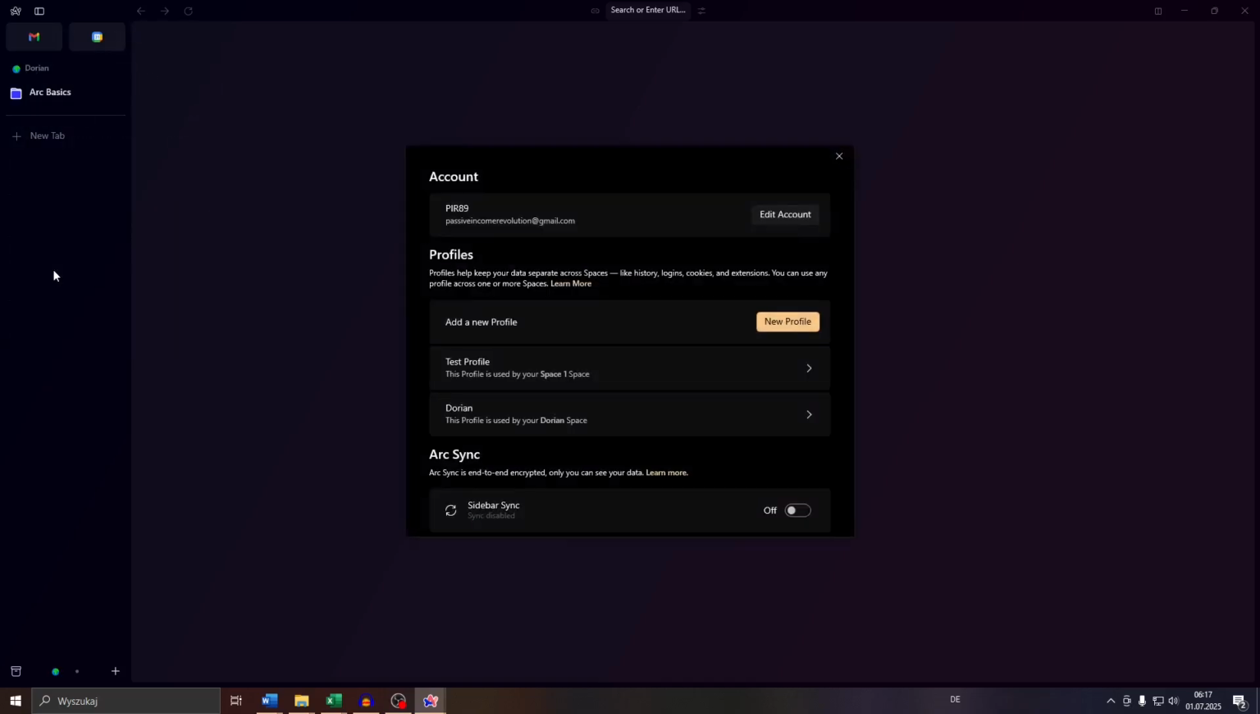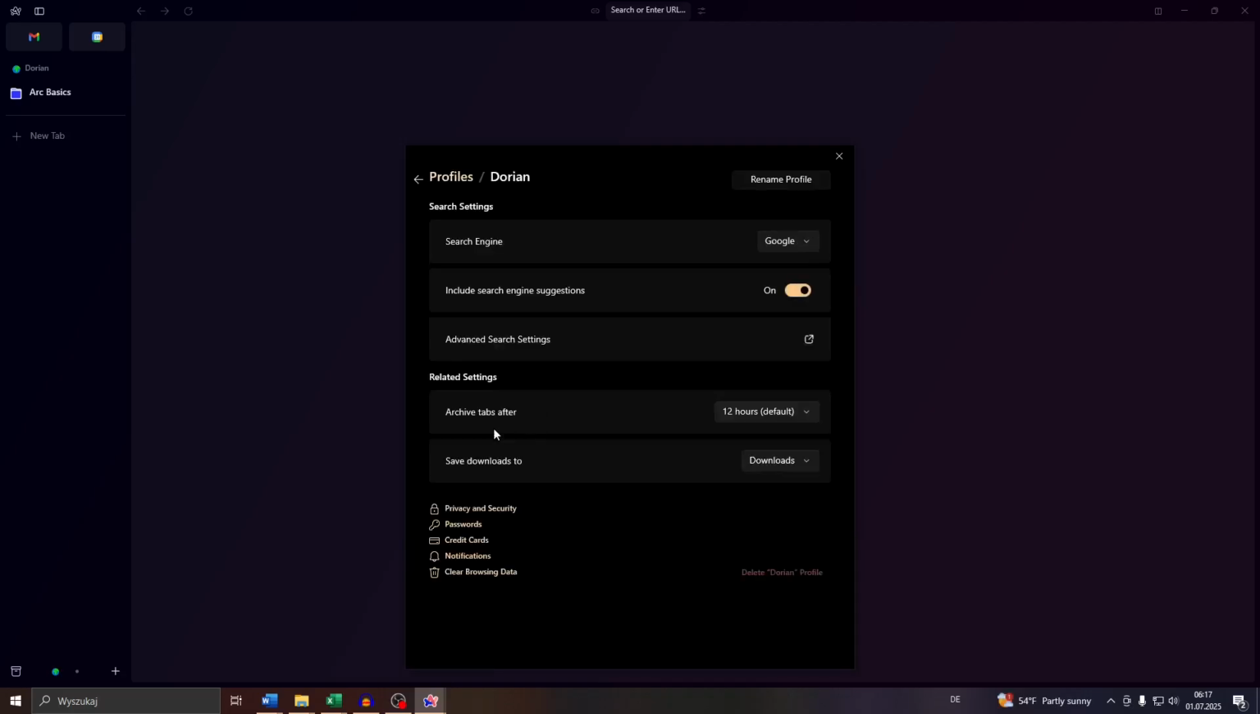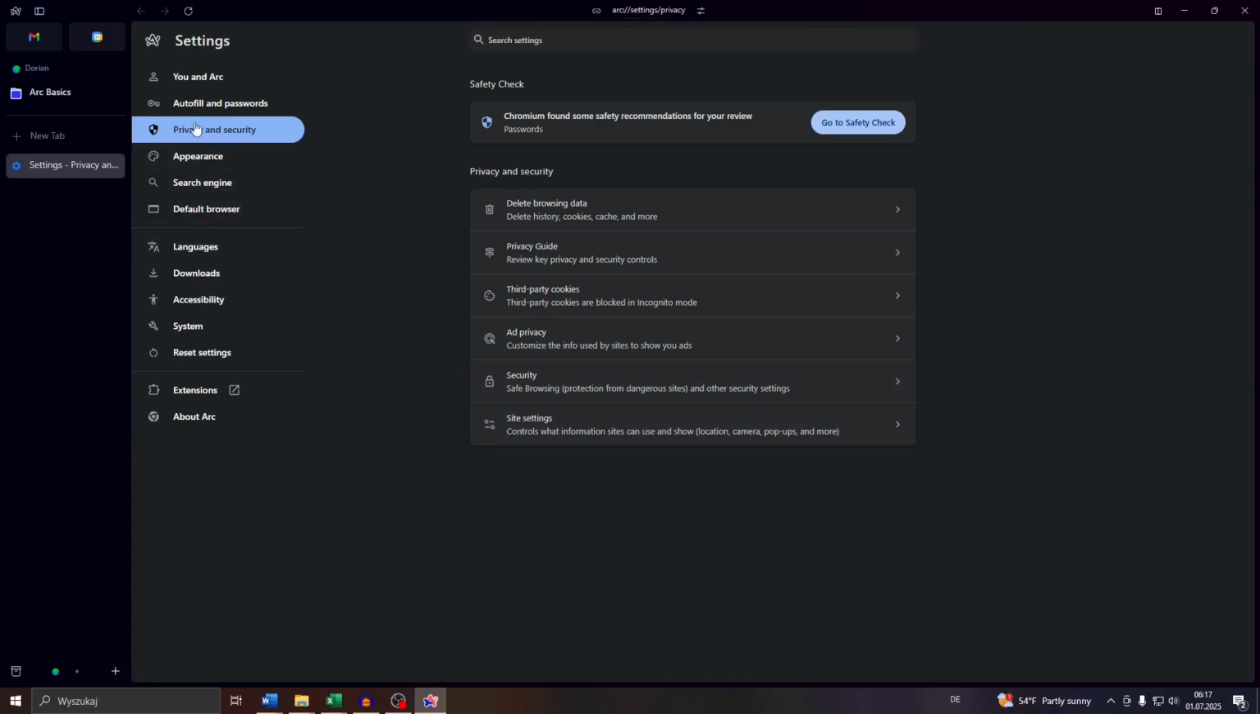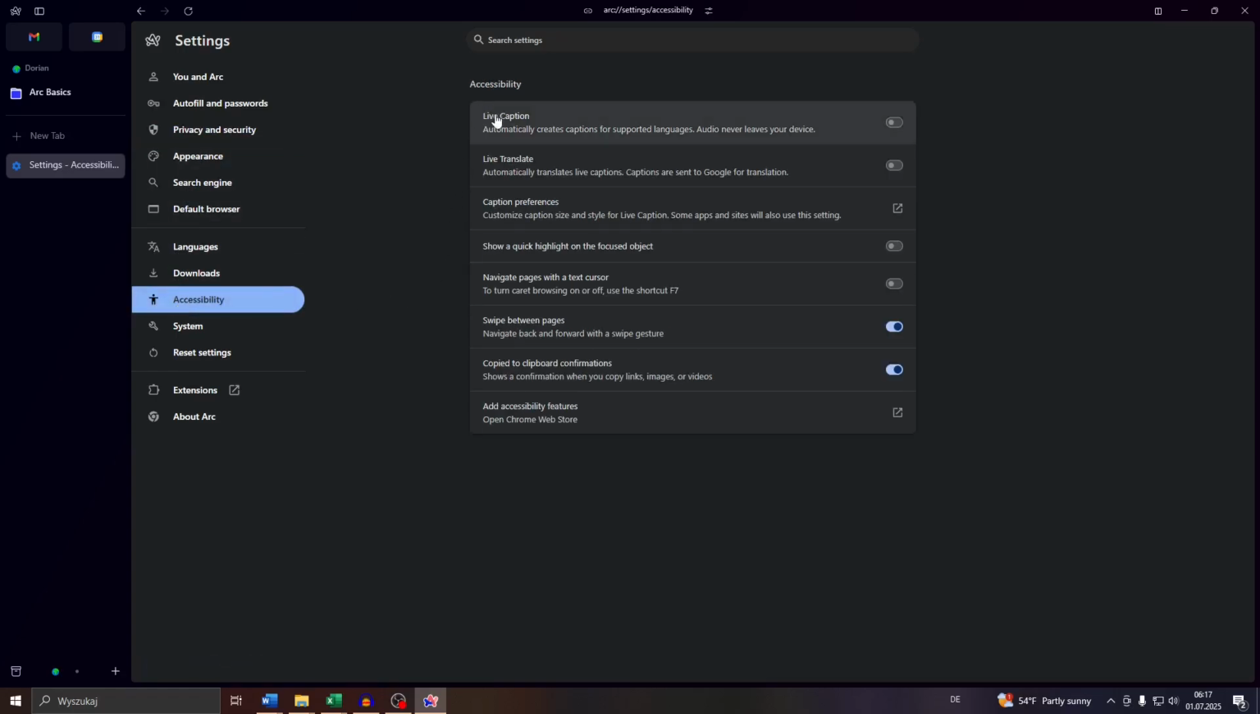Select settings here. After that, choose your associated user profile, and after that select privacy and security here. Now inside your browser settings, guys, pay attention to that panel on the left hand side and switch from privacy and security to the accessibility section here. And last but not least, enable live captions, and if you like also live translations, by switching them on here